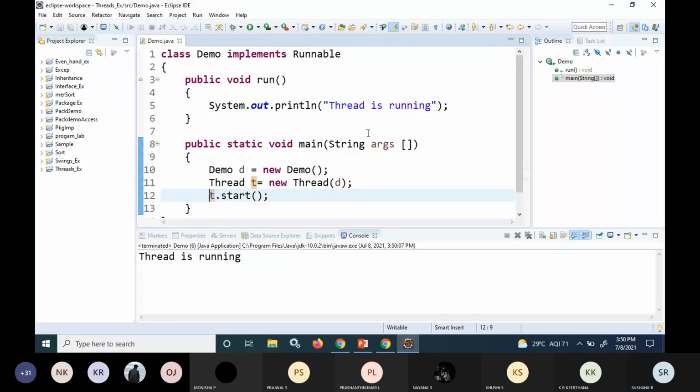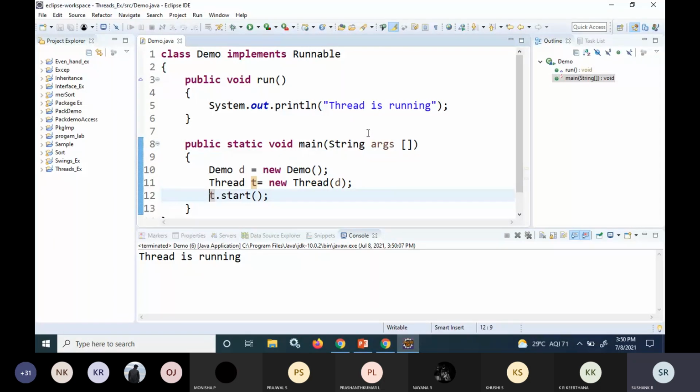So what difference is there between the first method and the second method? This is the one which is preferred, and you will find this method in your textbook also. See here, why are we using one additional line?